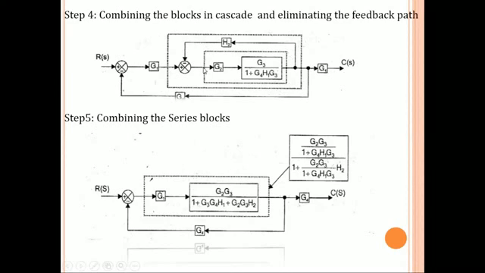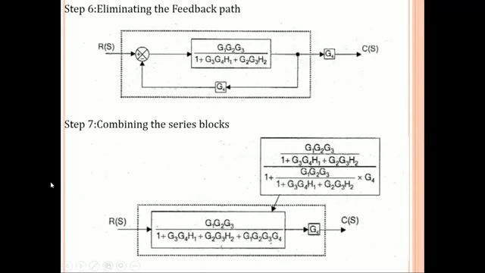Now looking into this figure, this G1 will be in series with this block, right? So we can multiply these two blocks. Now again here we have this G4 connected. So again it is also a feedback connection, connected to the negative symbol. If it is connected to the negative symbol, that type of feedback is called negative feedback. So we have to use the formula G divided by 1 plus GH. Now reducing that, we will get a value like this.